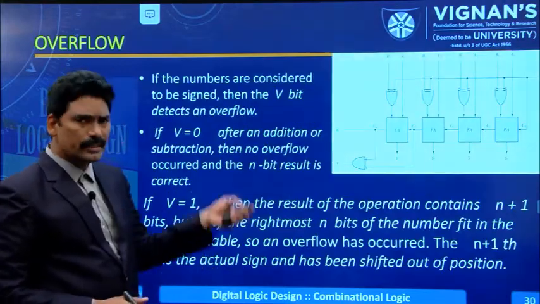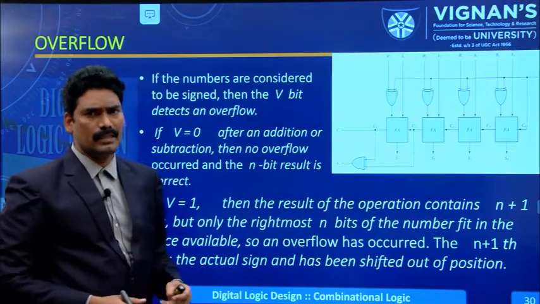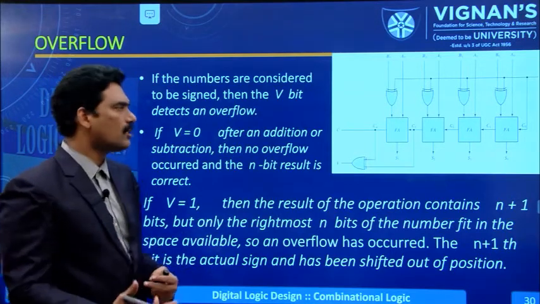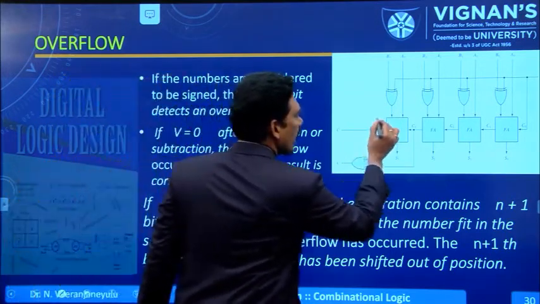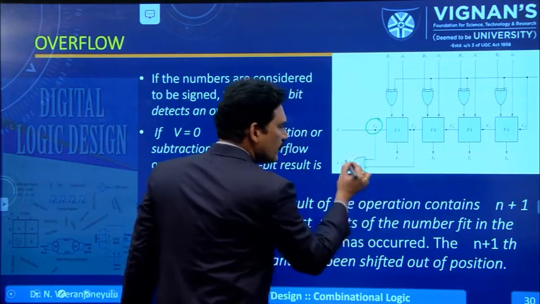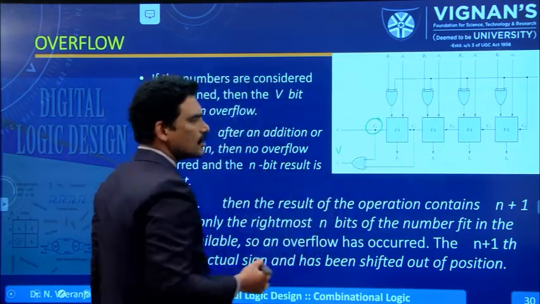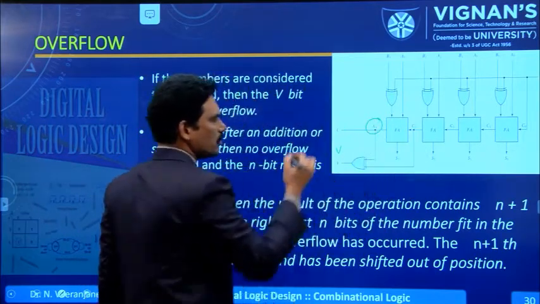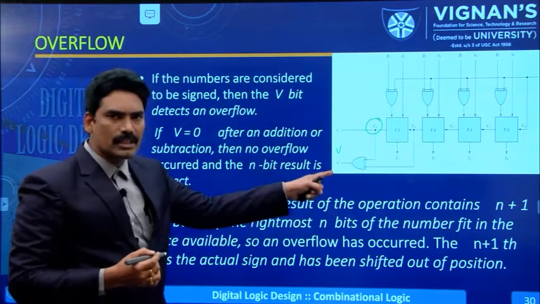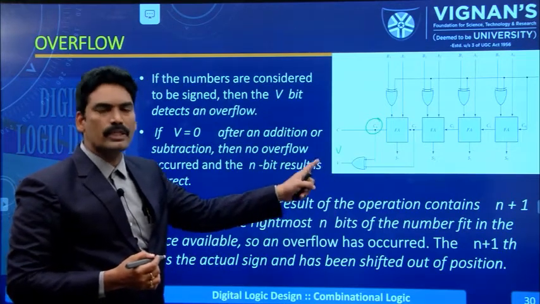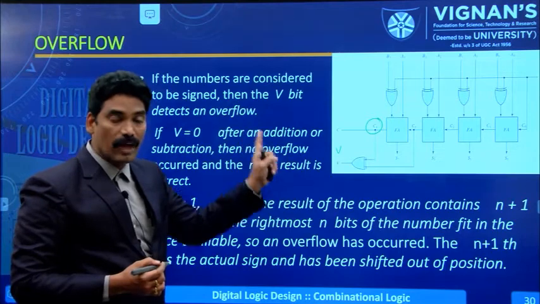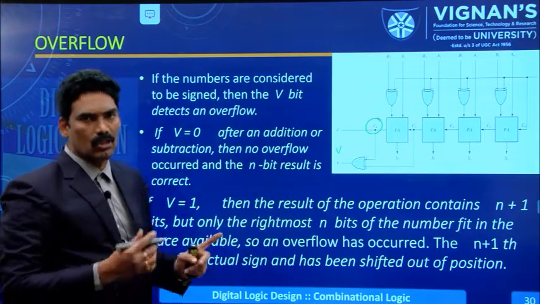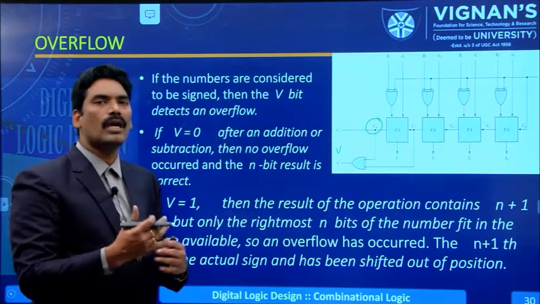Now, in our previous binary adder subtractor, if we perform an addition operation, this is the C4 carry, and here we have V, which represents overflow. This is C3 from one bit position and C4 from the next bit position. If the value of V is equal to 0, we can say there is no overflow. If the value of V is equal to 1, we can say that an overflow has occurred. We are verifying whether the overflow occurred or not.